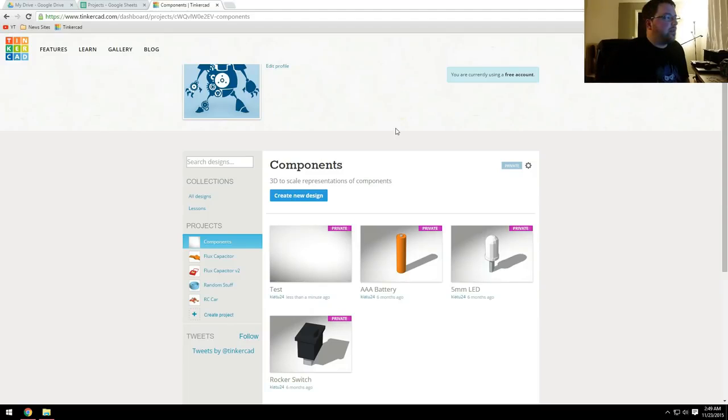Hey guys, welcome back. Today I thought we would take a look at Tinkercad. This is what I use to make all of my 3D models that I 3D print. So it is a website. I'll put a link in the description, or it is tinkercad.com,